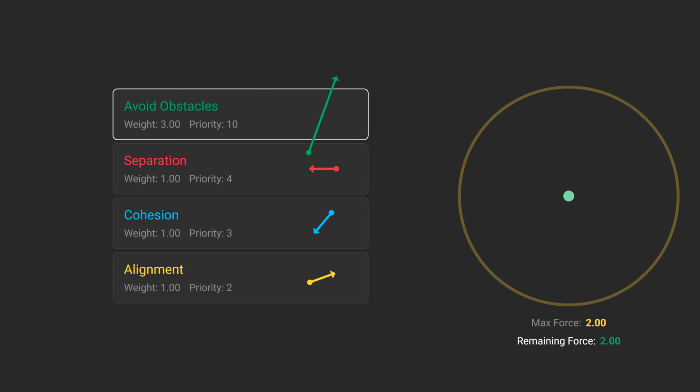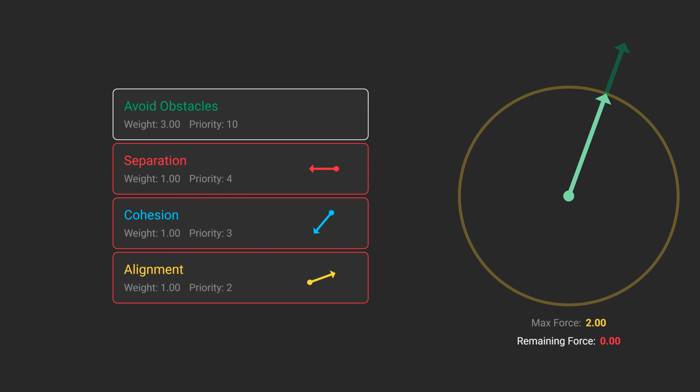The length of this vector is subtracted from our remaining force every time we add it. Once we run out of remaining force, however, we will stop evaluating any behaviors that come after it. This ensures that the most important behaviors always take effect. Most of the time, we'll reach the end of the list, but if something like an obstacle avoidance behavior outputs